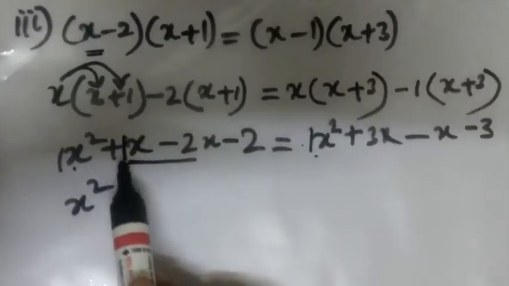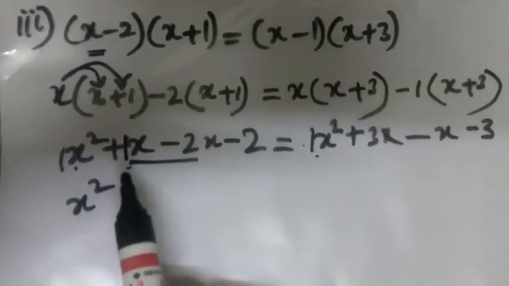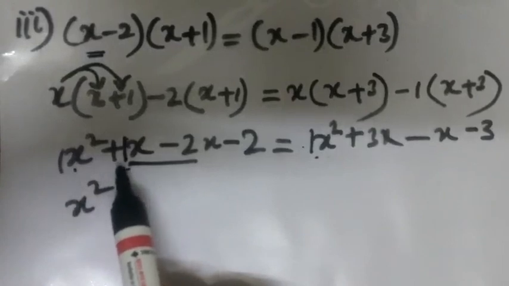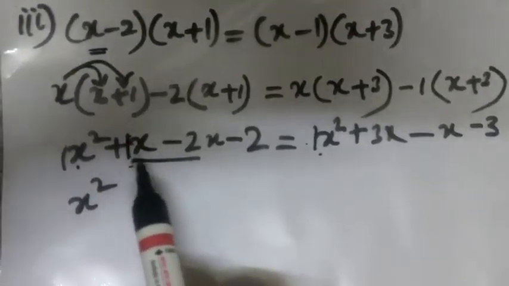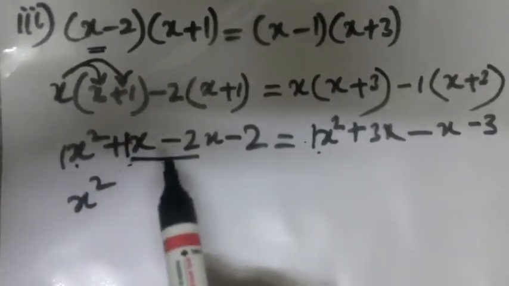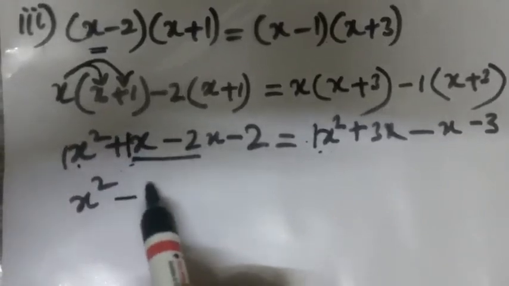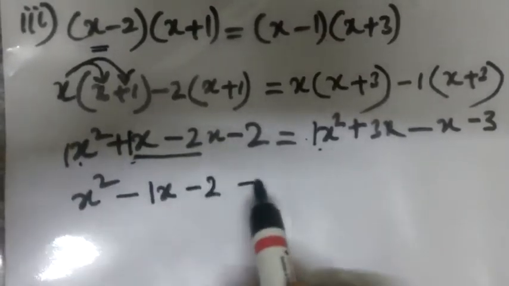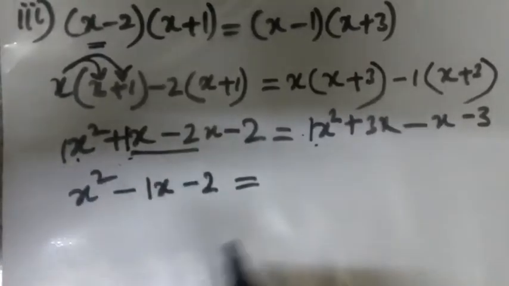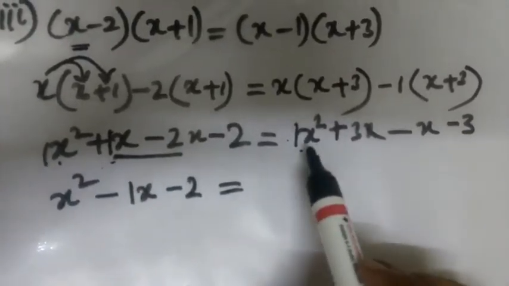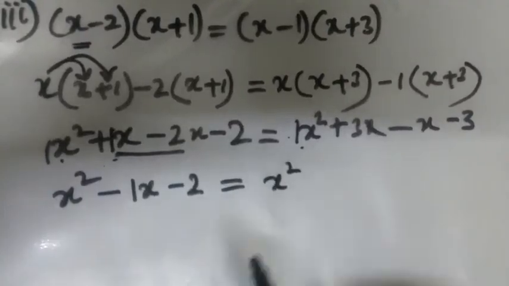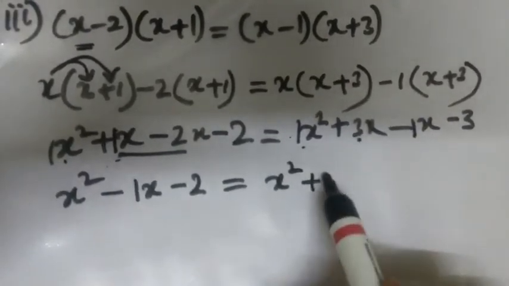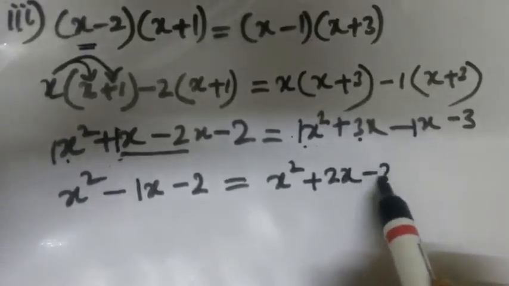I am trying to cover all the basics here for those who don't know or are having doubts. Whenever a variable doesn't have any coefficient, it is assumed to be 1. So 2 minus 1, 1, with the bigger number's sign, minus 1, which term is it? x term. Minus 2 as it is, there is no constant in this line to get added or subtracted with 2. Now come here, x square is again alone here, 3x minus 1, it is 2x, with the bigger number's sign, plus, minus 3.